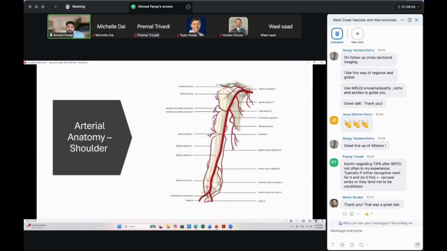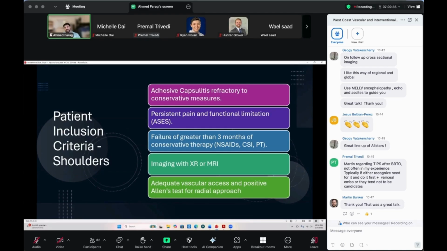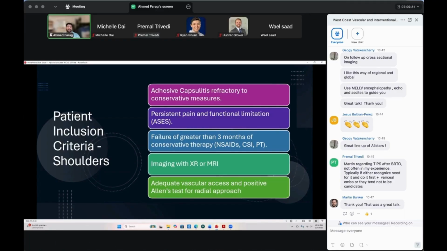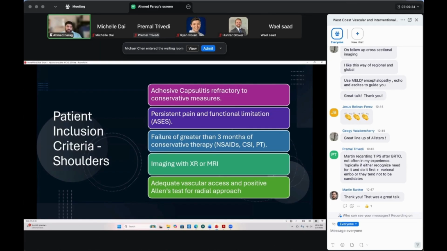So this is a little bit on shoulder anatomy. Essentially you're looking for all the arteries that drape around the shoulder. So the anterior and posterior circumflex, the thoracoacromial are kind of our main targets there. What we're looking for, as we mentioned earlier, is adhesive capsulitis that's refractory to conservative measures. I get an ASES score. I'm looking for people that have had failed conservative therapy for a certain amount of time, and then I usually get imaging before, MRI if I can, but at least an X-ray. And then we do a very detailed